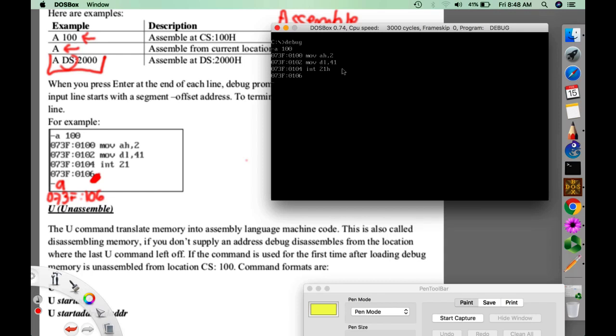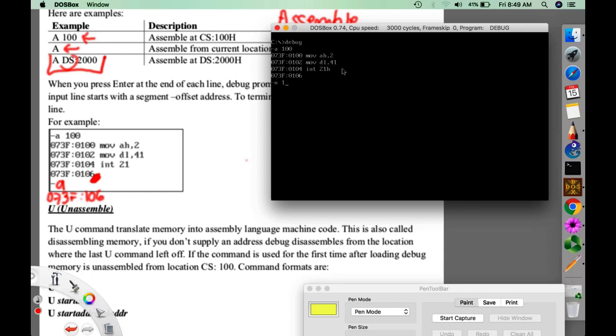To verify that, we may also use the unassemble. Just like when you enter data to the memory, what command do you use? You either use the enter, fill, or move. How do you see the content of the memory location? You use the dump. So for you to be able to write an instruction to the memory, you use the assemble. And for you to be able to see the content of the code segment, we use the unassemble.